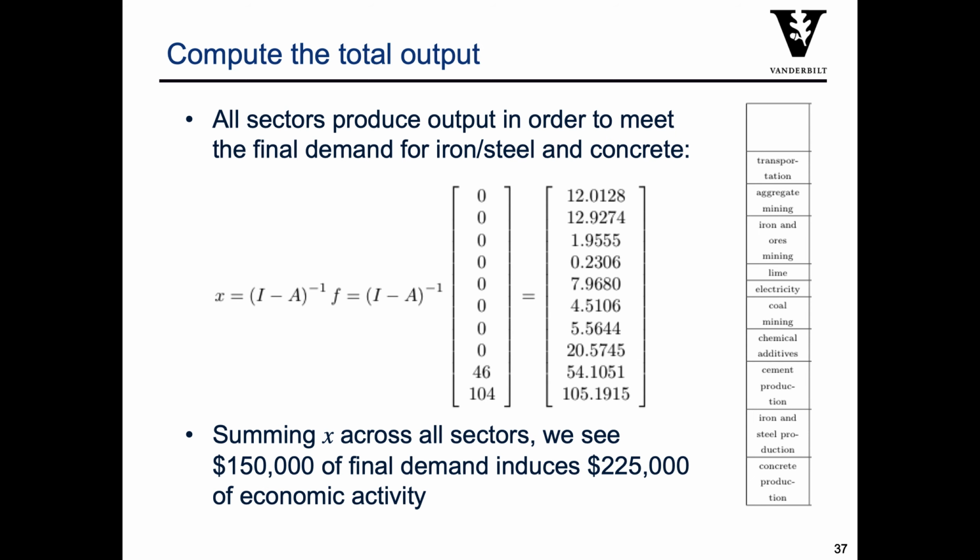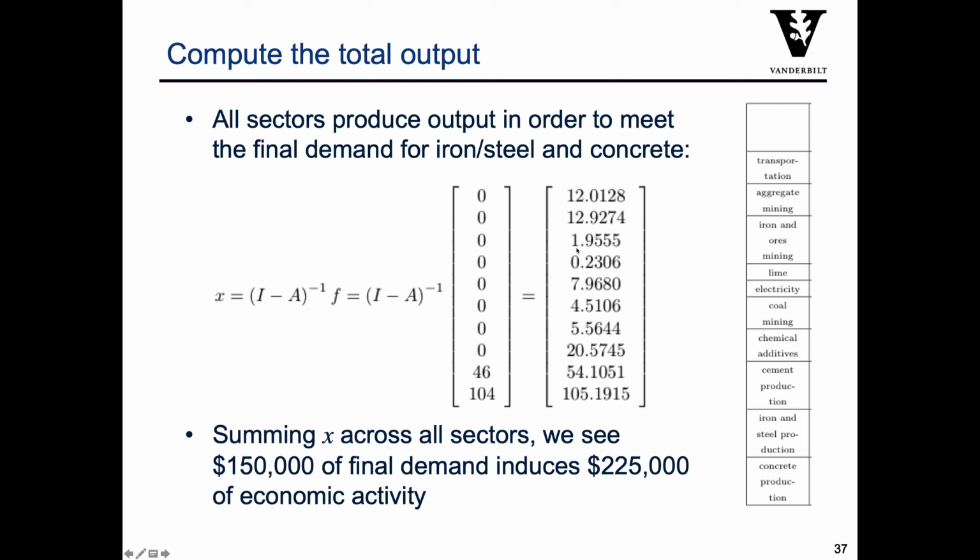Okay, so that's an aside on things that you can do with the S matrix compared to the A matrix. Actually, continuing to the actual calculation, if I specify the final demand for a $150,000 roadway, I plug it into F, I compute I minus A inverse, I take that matrix and multiply it by our final demand. That gives me the total output required from all the sectors. So I plug my F vector into my I minus A inverse matrix, or my S matrix, and I get the total output,